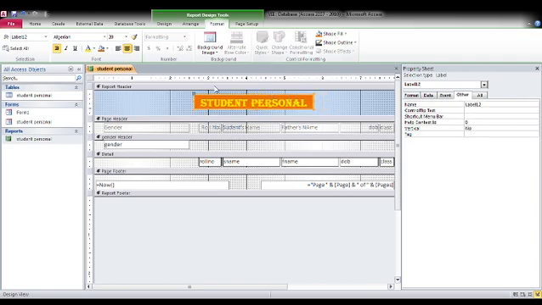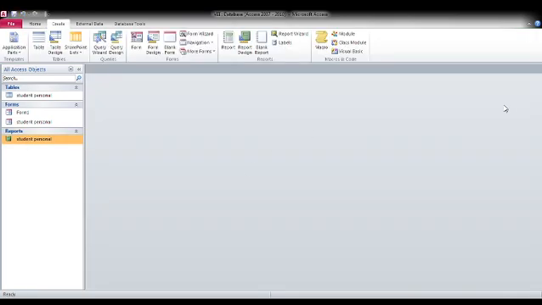Okay, so I think how to create a table, how to create a form, and how to create a report, and how to edit it, all that is clear. So the rest of the topics I will take you through on the next